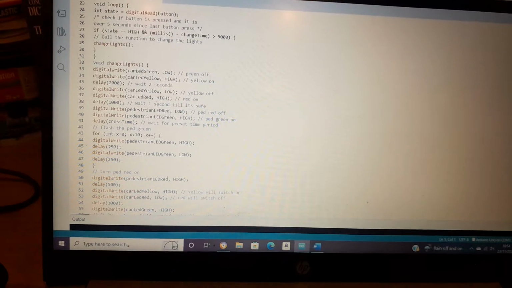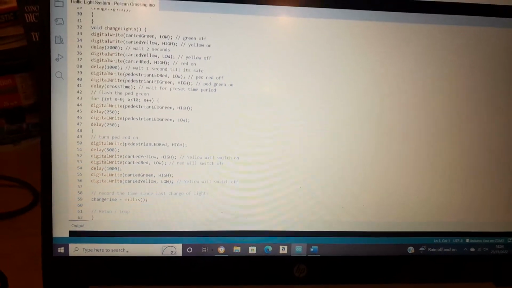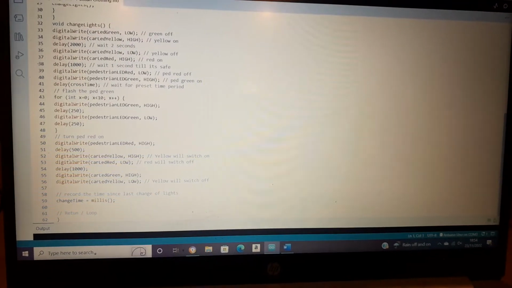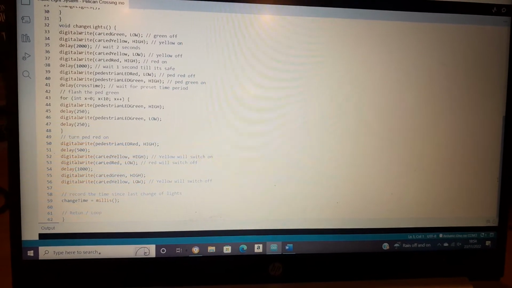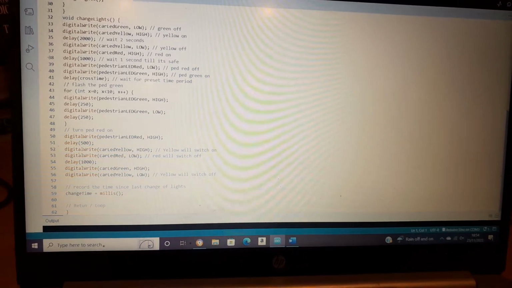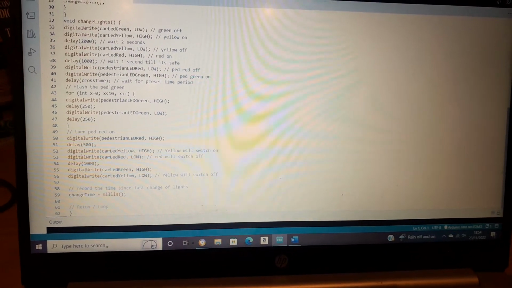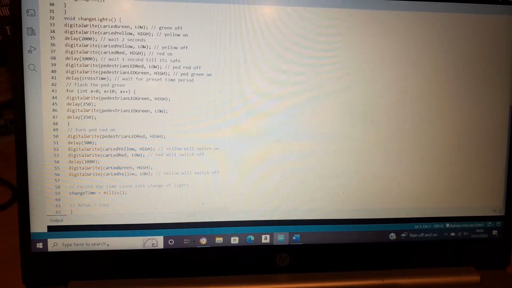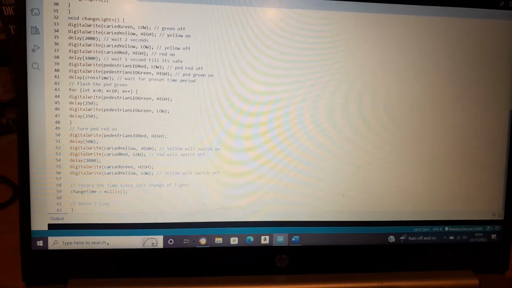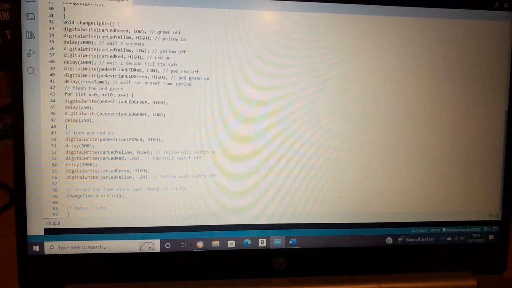we can see the changing of the lights. So obviously on the cars, the green one will go off, meaning the yellow one will then turn on. Then it will wait for 2 seconds. The yellow one will then turn off, meaning that the red one will then turn on. There's also a 1 second delay as well until it is safe for the lights to turn back to the